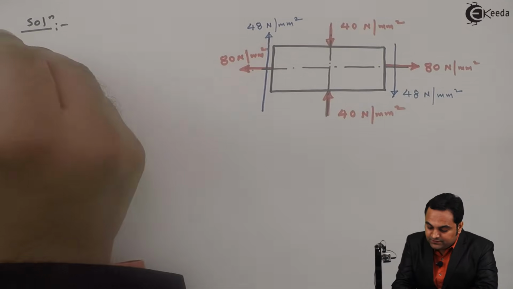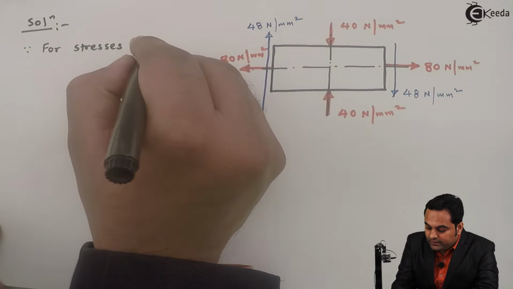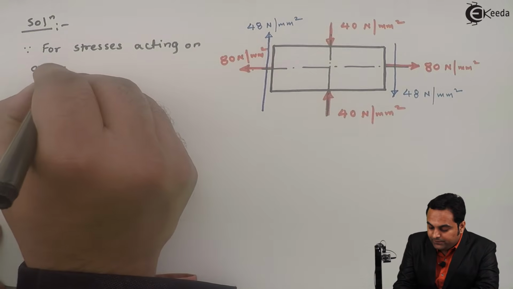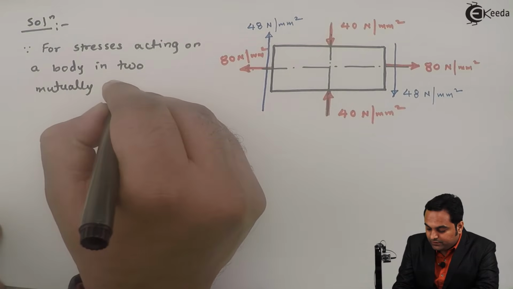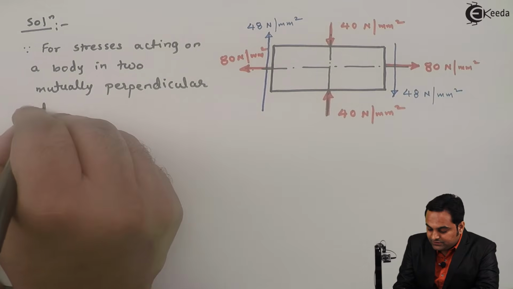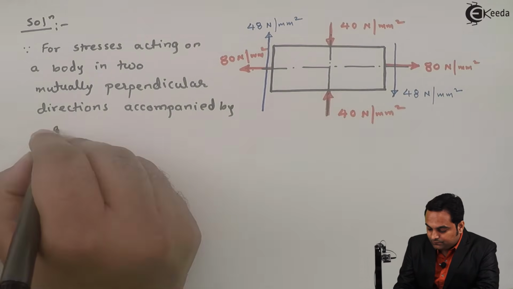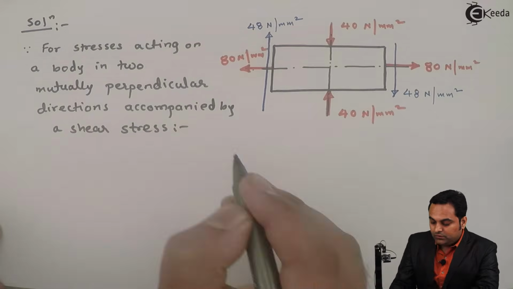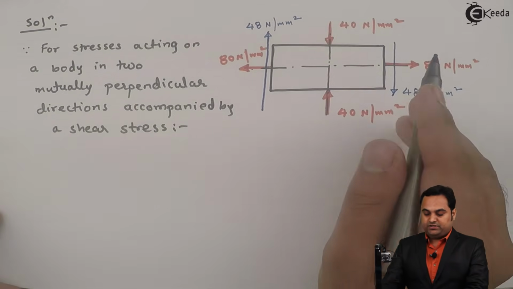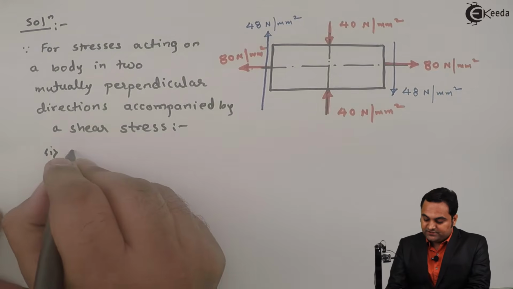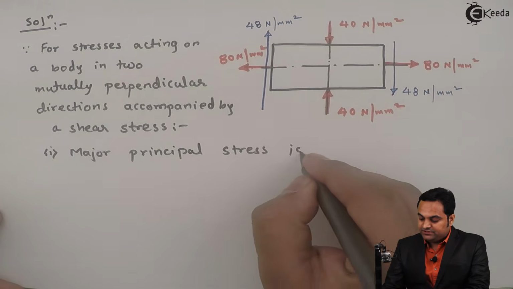I'll say that for stresses acting on a body in two mutually perpendicular directions accompanied by a shear stress. Now for such a condition which is given in the problem where we have two mutually perpendicular stresses and shear stress, the first thing is major principal stress. The major principal stress is given by